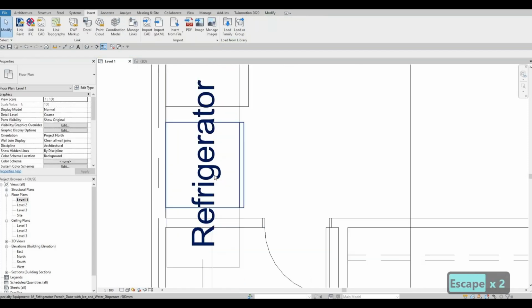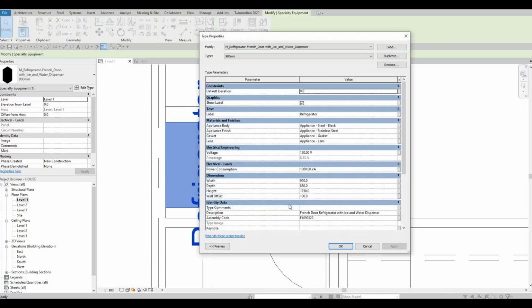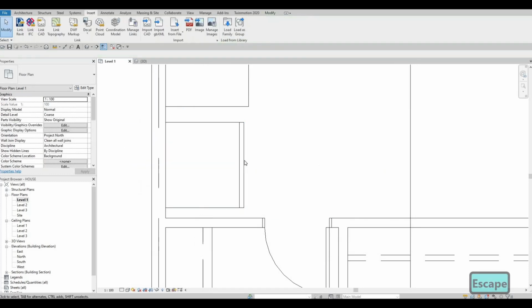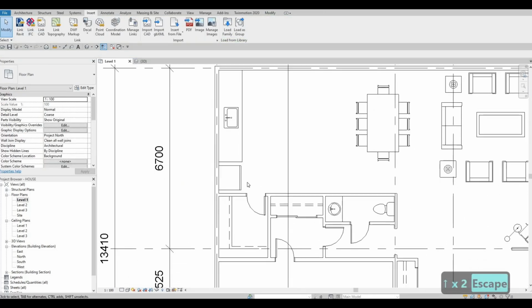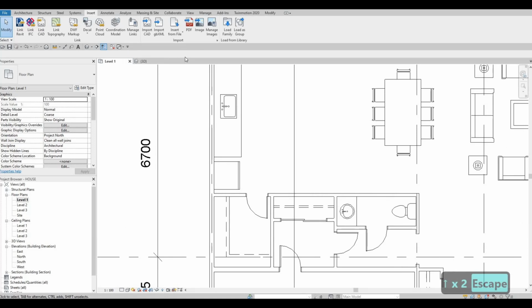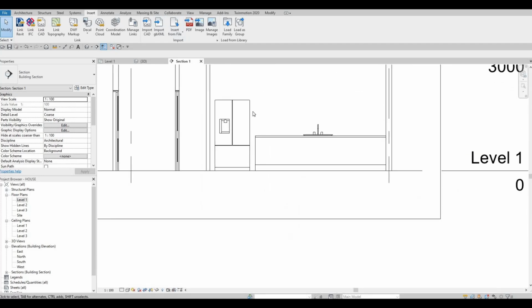There we go. I don't want the text to be showing, so I'm going to click it, edit type, and then uncheck the show label, apply, and then OK. Click it again, and then I'm just going to put it in the middle like so. And then once that's done, I'm going to go back here on our section,